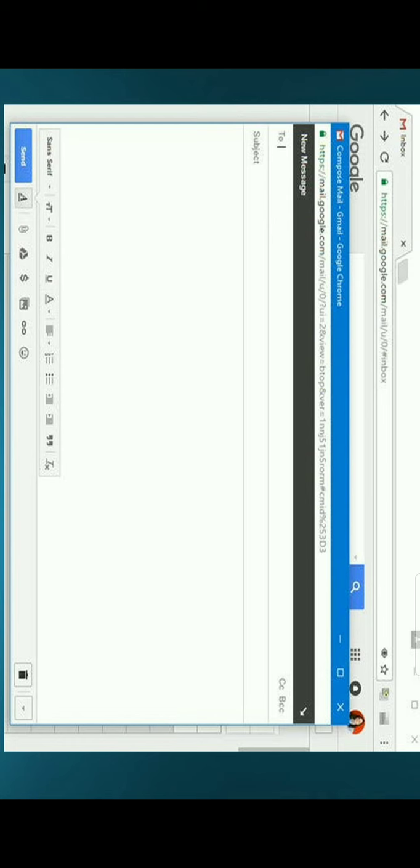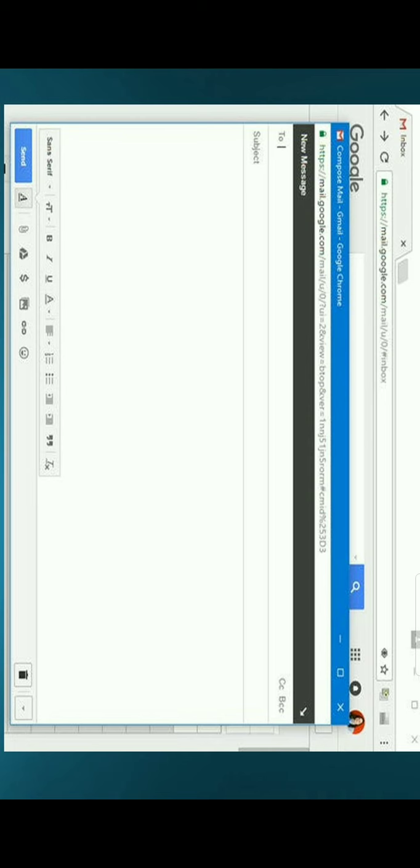As you can see, when you click on the compose email option, this type of window will open. Here is the option to subject, CC you can see, BCC is also there. So two options are used to enter the email address of the person to whom we are sending the email. जिसको हम email send कर रहे हैं उसका email address हम add करते हैं to में. ठीक है. Subject option is used to enter the title of the email. The title is entered in the subject option.